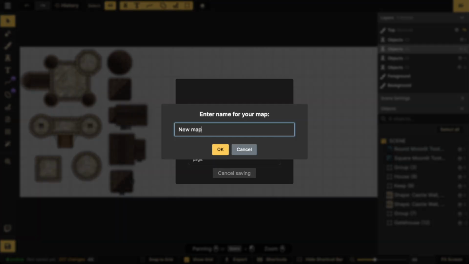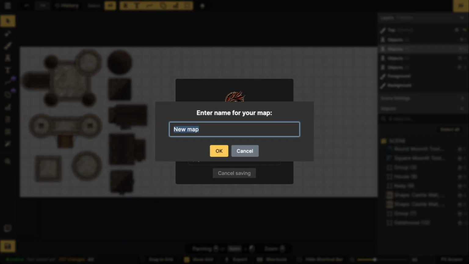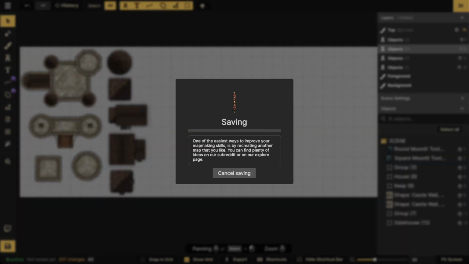So let's just save this. We're at 207 changes. That's quite a bit. So let's go ahead and save these changes, and we'll start putting together the landscape part. And what I want to make to the landscape is that I want it to be